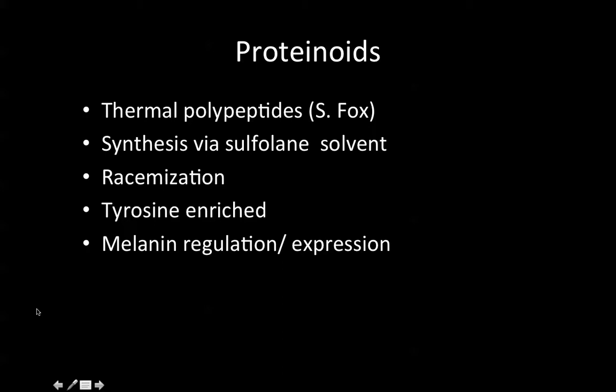Now the proteinoids. You will find reference in the late 1950s to the late biochemist Sidney Fox, where he was investigating prebiotic chemistry and carried out in the melt phase at 170, 190 degrees, later on below 100 degrees with phosphoric acid, but he was able to make what he called proteinoids. A lot of people refer to them now as simply thermal polypeptides. And you generally have to have a significant amount of glutamic acid or lysine, particularly the glutamic acid, which melts, forms a cyclic lactam, and solubilizes the other amino acids that you may elect to incorporate into the growing